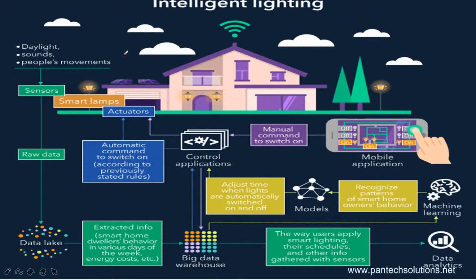And here is one example: intelligent lighting. It is a real-time example. Intelligent lighting is all about human activity in the home: the lights are turned on and off automatically based on it. Here we have the full architecture of how the model will work. Based upon past data we are training the model, and after training the model, we will develop